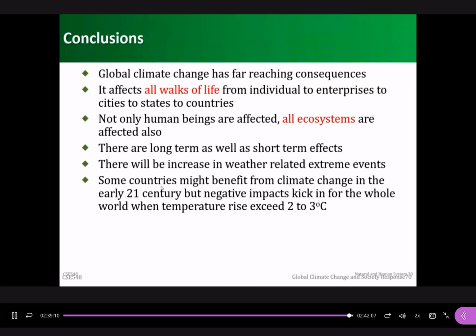For the Arctic area, temperature increase may also create the conditions for a new shipping route. Nowadays the Arctic region is covered by ice, so in the future it may be easier for ships to pass through that region. So it will be a new route to connect Europe and Asia.